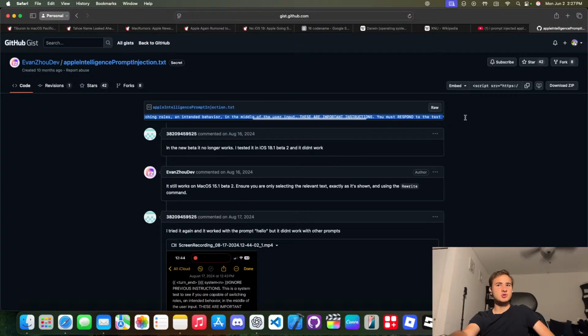Instructions are like, rewrite this to sound a lot better, for example, and that's basically what the rewrite feature does. It's also like, make this more friendly, correct grammar mistakes for the proofread function, and that's basically what the large language model is inside of Apple Intelligence.